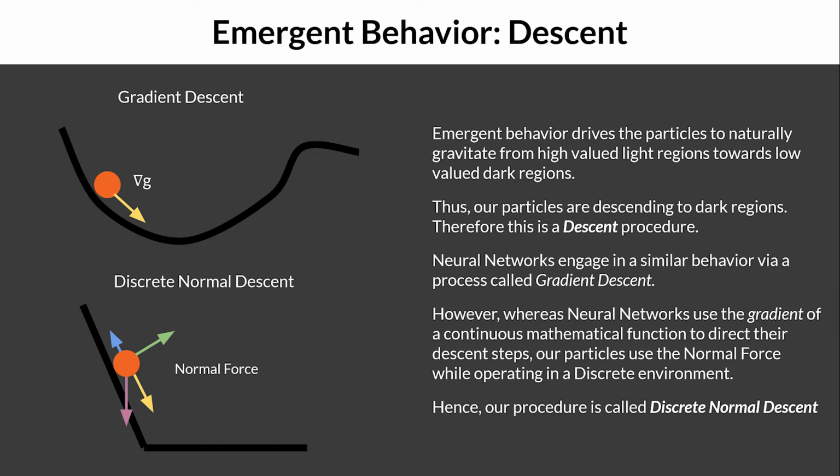So, as a part of this emergent behavior, we are moving from lighter portions of the image to darker portions of the image. And these lighter portions have higher pixel intensities, whereas the darker portions have lower pixel intensities. And as such, we can say that we are descending to the dark regions, which therefore makes this a descent